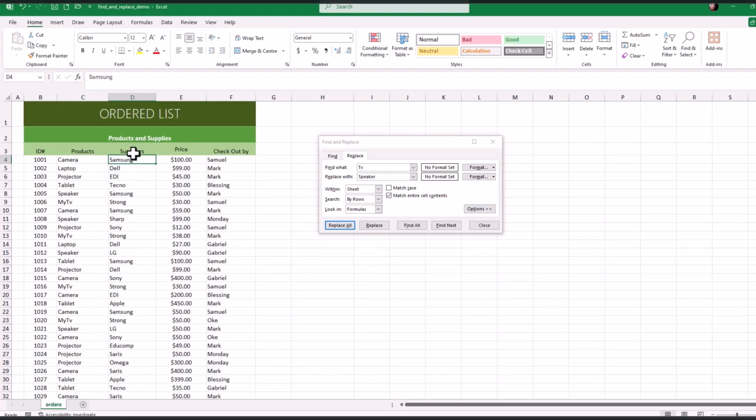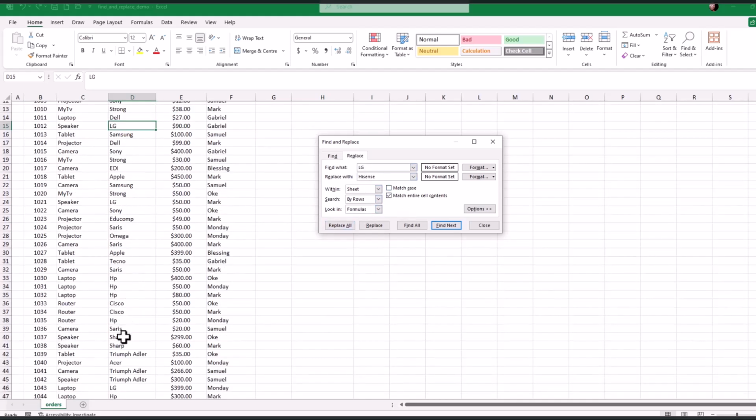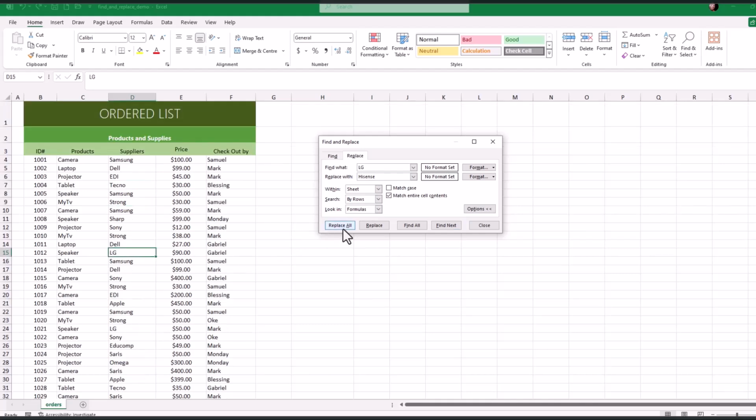Let's say from the supplier area here, I want to replace all the instances of LG with Hisense. I will type LG here under Find what. I type LG, so I want to replace all the instances of LG with Hisense. I type Hisense here, like this, Hisense. And if I want to replace all the instances of LG here with Hisense, I will click on Replace All,